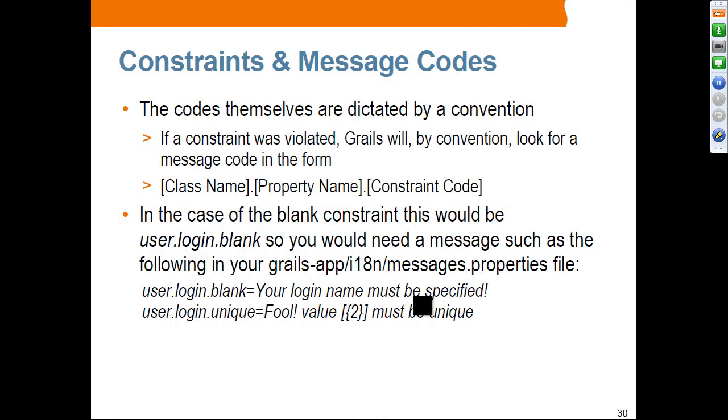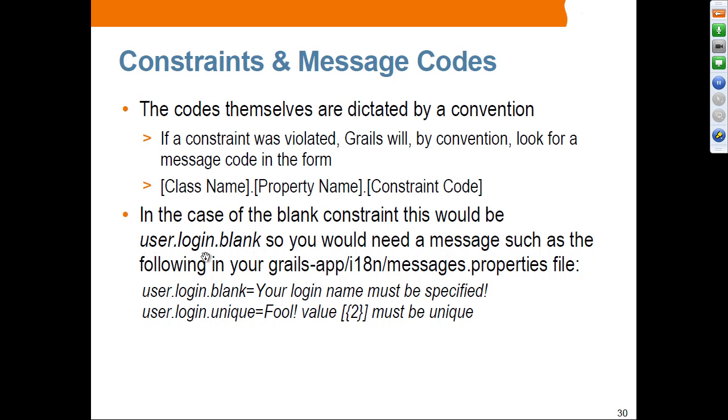Next topic is error messages. So the codes themselves are dictated by convention. If your validation constraint was violated, Grails will by convention look for a message code in the form of this: the name of the class, name of the property, and constraint code. Okay, so an example is like this. In the case of blank constraint, this would be